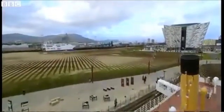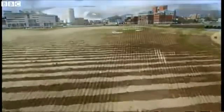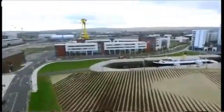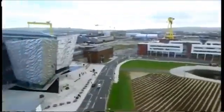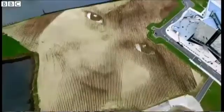For a couple of months, Belfast has been given a new face. But to see it, you need to look from high above. This portrait of a 6-year-old girl has been drawn across 11 acres of land, with the city's Titanic quarter the natural canvas. The picture has been called Wish, and it was unveiled to mark the start of Belfast's annual arts